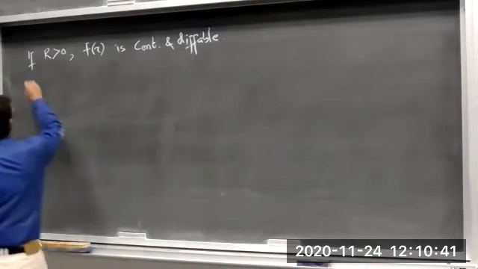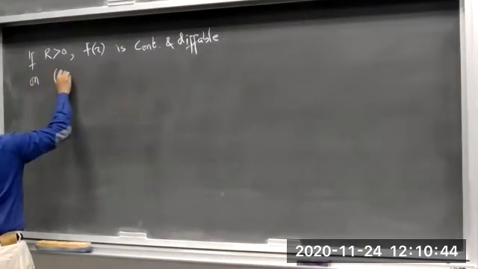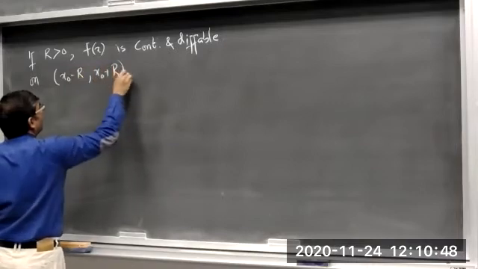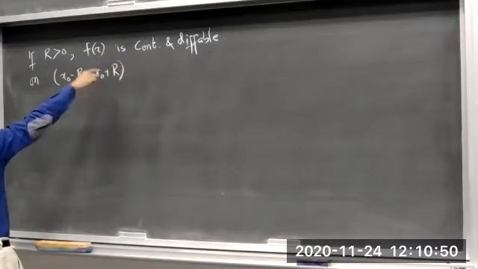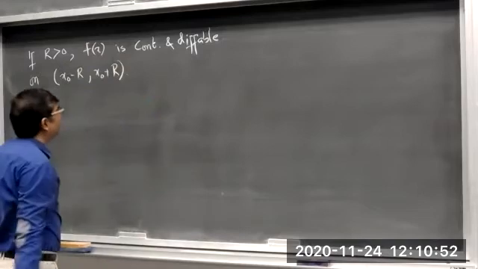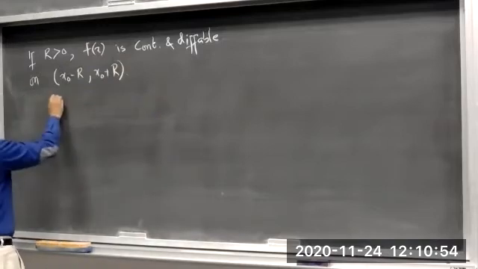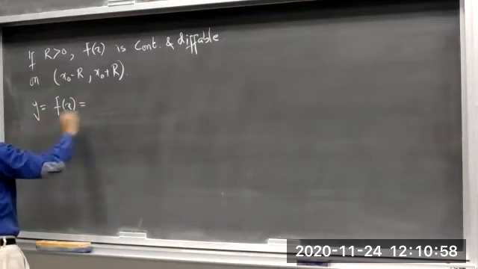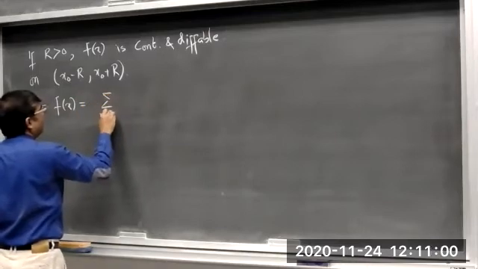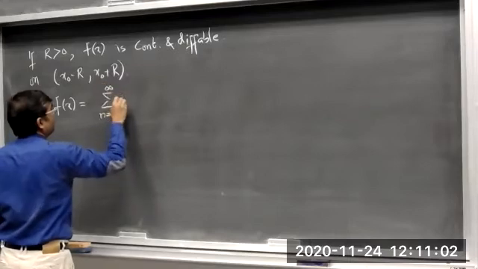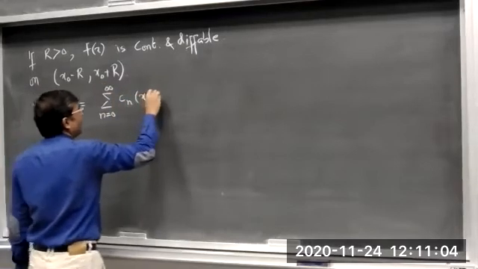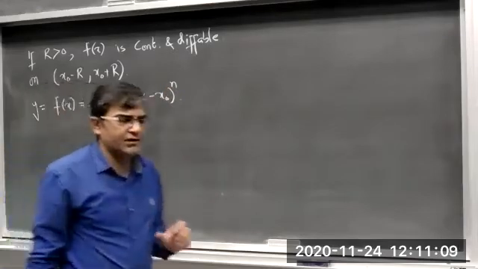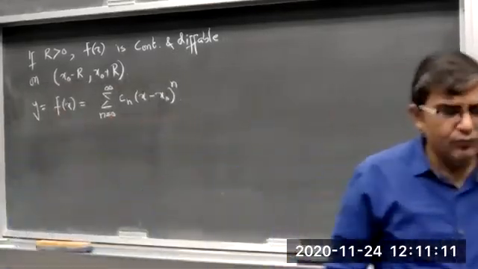On what interval? On x naught minus r, x naught plus r. What is this? This is basically the interval of convergence of that power series. Then we can obviously write y equal to f of x equal to the power series, summation n equals 0 to infinity, c_n (x minus x naught) to the power n. If this function is continuous and differentiable, then obviously we can